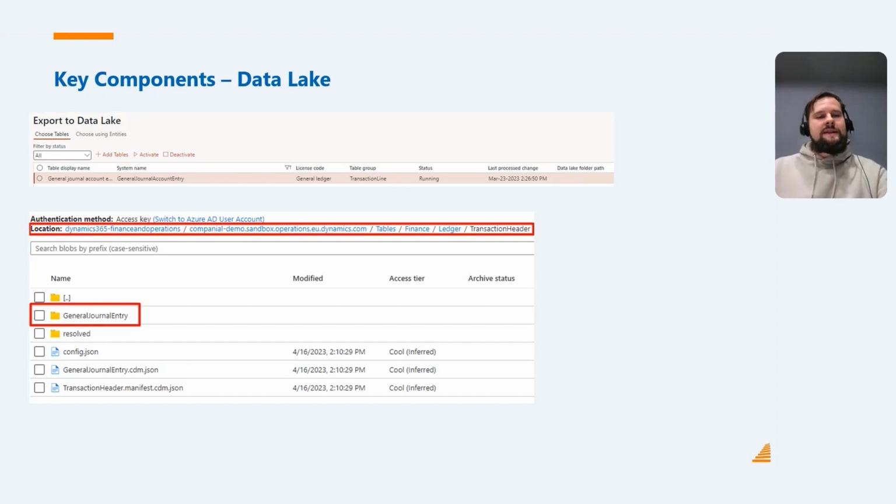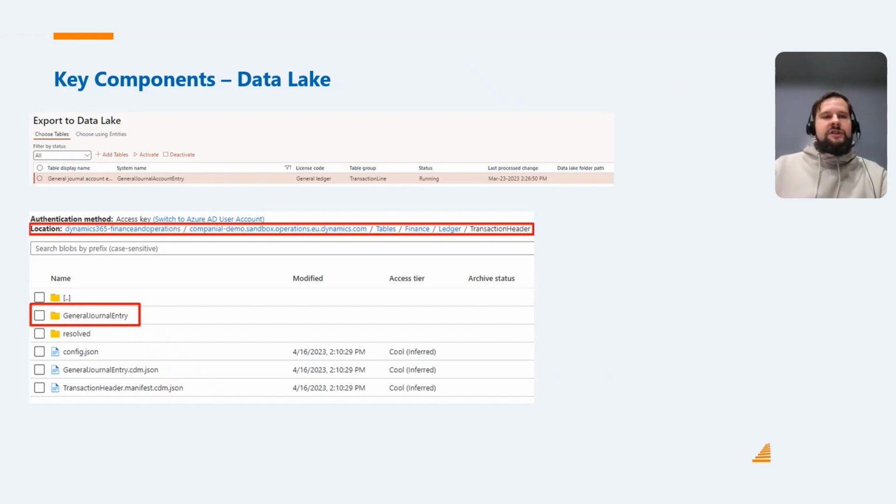And then you can select which tables you want to be synchronized into the data lake. So you can cherry-pick which tables you want to export and synchronize. Here in this screenshot, we're activating the general journal account entry table. So one table is being activated and the status is running.